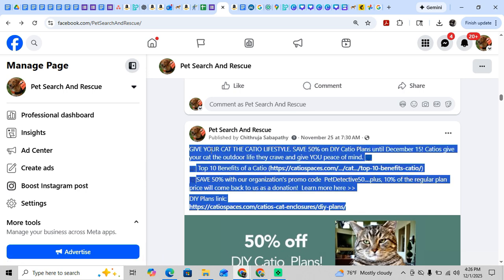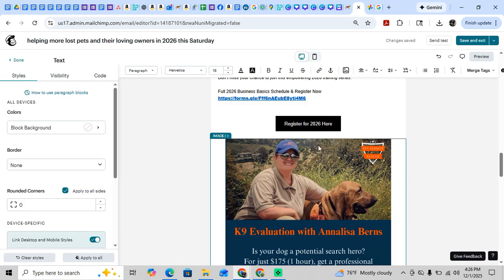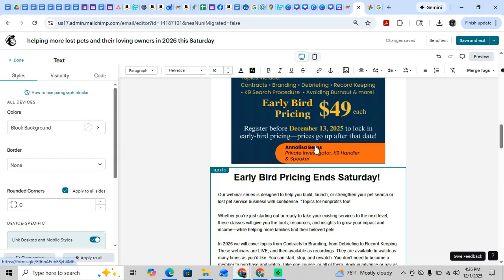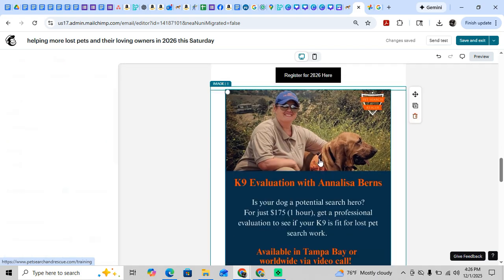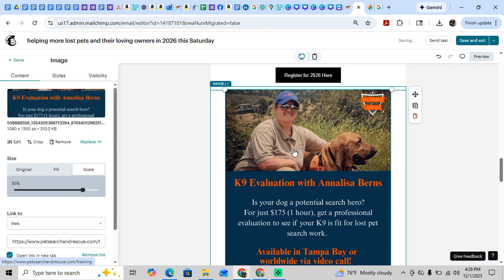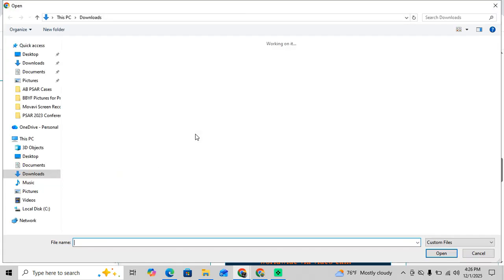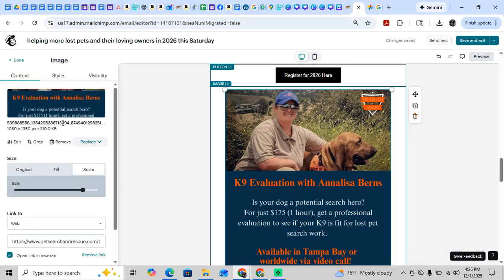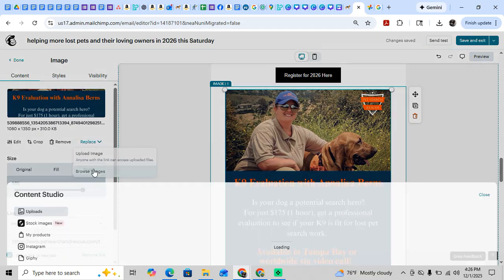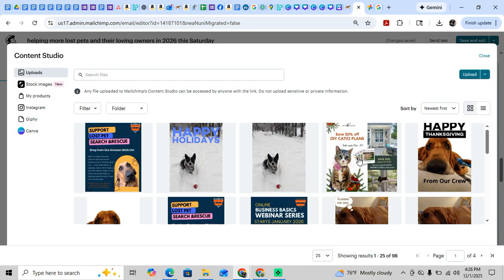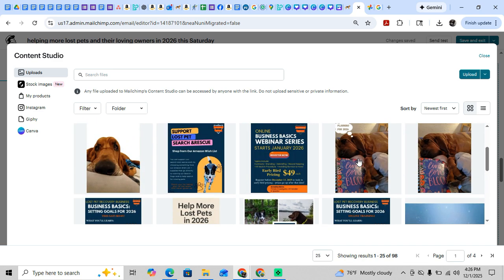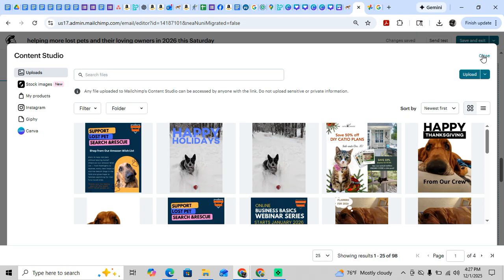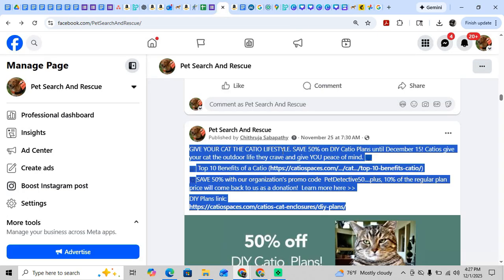So I'm going to copy this text. I like that because I make a referral fee on it. So I'm switching out this image here because this call to action I already used on the last one. So I'm going to replace this with an image. Oh, let me see, I might have it already on here. I have this one, so I was mixed up. I don't have the other one, so I'm going to